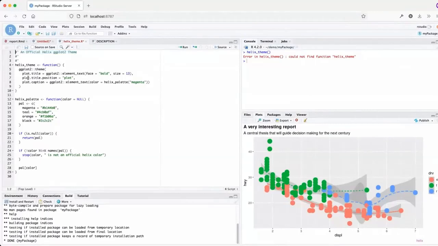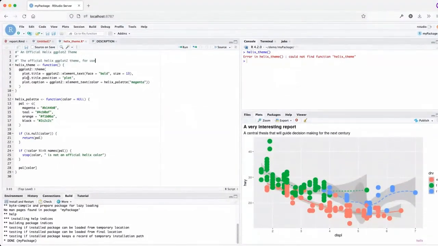I'm using a special kind of comment where they have the hash, a single quote and then a space. The first line is like the email header or the subject line or the title of this function. And then you can write a short description where you could say, the official Helix ggplot2 theme.